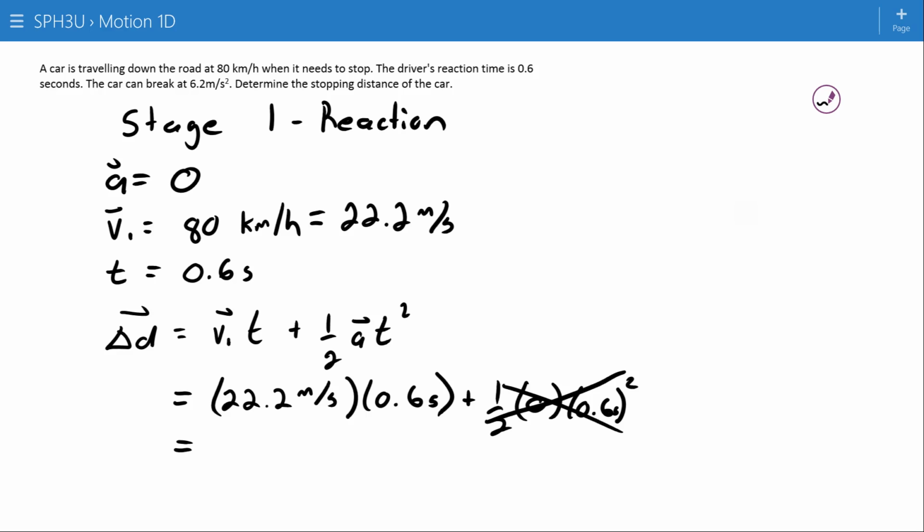So if I always use the bigger equation, then I won't ever make the mistake of using the simple equation when I should have been using the big equation. So it's just easier to always stick with the big one. So that's stage 1, and we can see here that it's going to be 13.3 meters before the braking